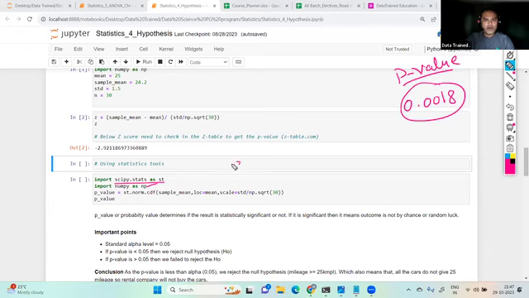Fine. So in statistics, this is st.norm. Norm means normal distribution. Why are we saying a normal distribution? So in statistics,